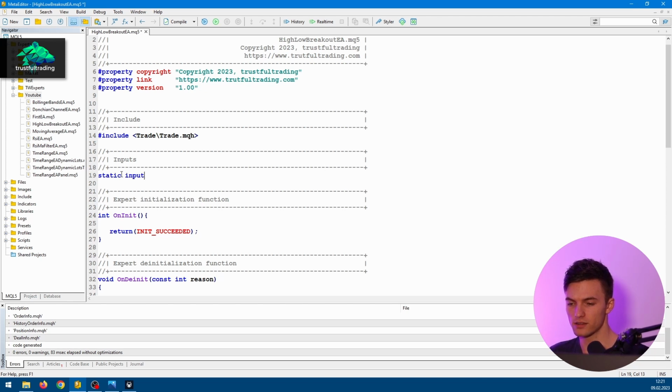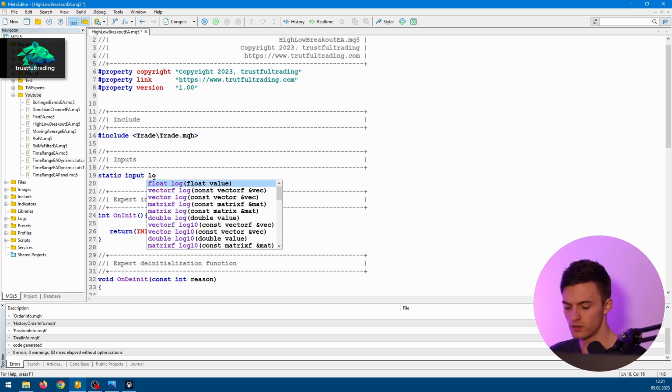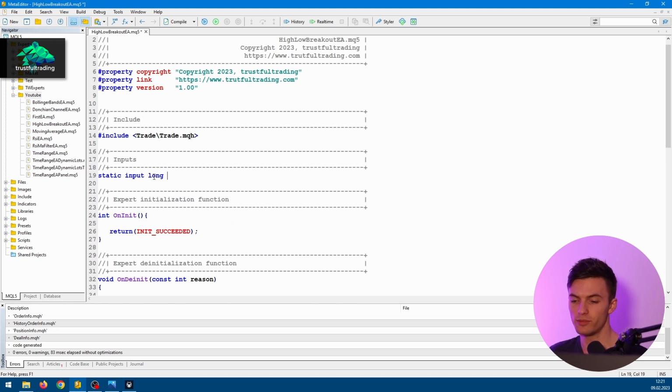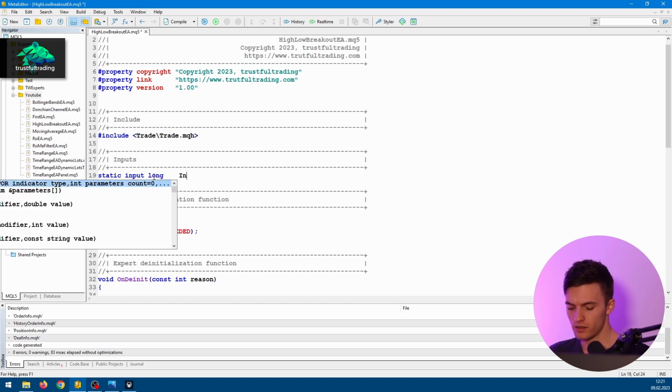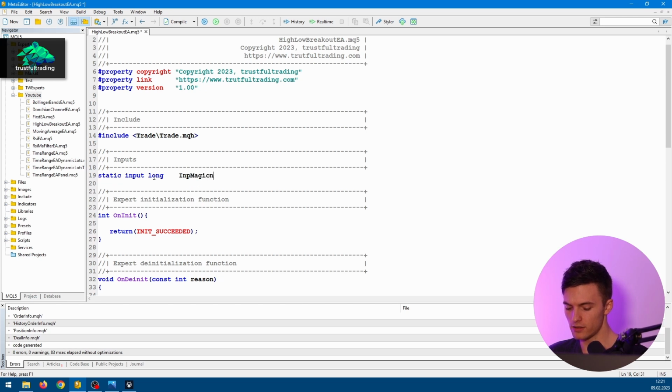So let's just set it to static input and the type is a long variable. Now the name, InpMagicNumber, and we predefine this maybe with just a random number. And we also add a comment here,